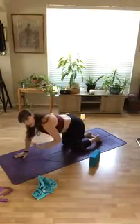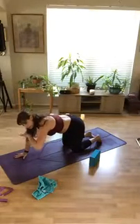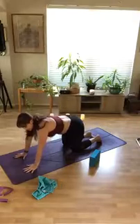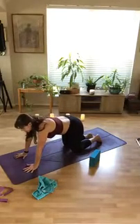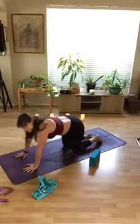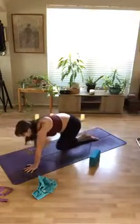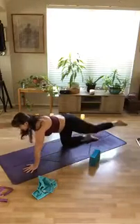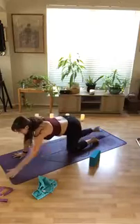So again, your inhale, lengthen. Your exhale, you're deepening that stretch. Sink into the pose. So left arm, right leg first. Inhale, exhale, inhale, and then down. Opposite side, right arm, inhale,